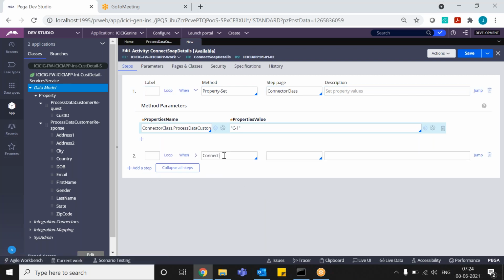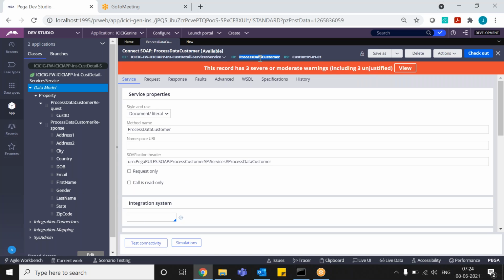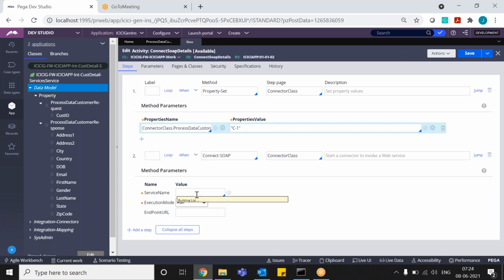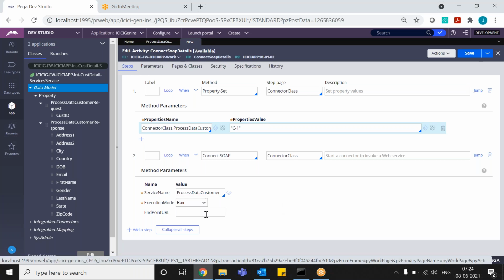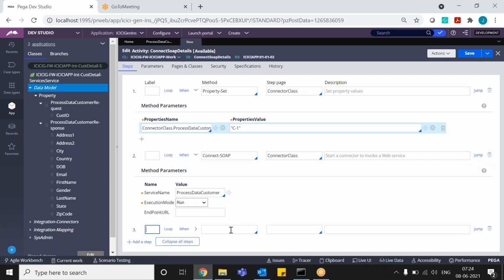Here, connector class, sir. Okay. Service name. This one already... no, this is the connect soap. Yeah, correct. This one. But it is not populating. Okay. So, fine. And the last step is,